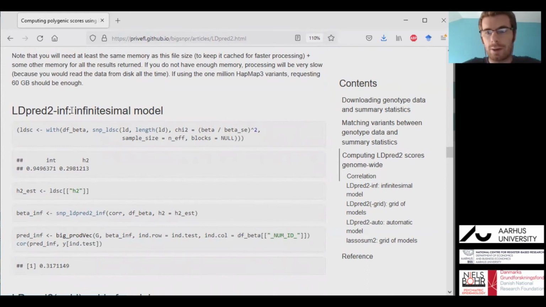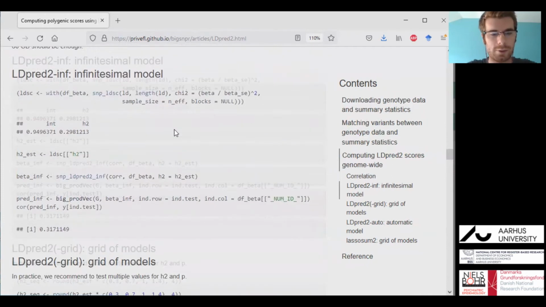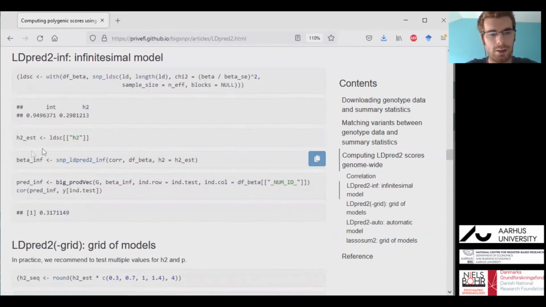And then we can run many models. So first, the infinitesimal model, which is just a model assuming that all the variants are causal, and actually there is an analytical formula for that. So it's just a matter of solving a linear system, so it should be quite fast. So you get the effect size, then you can get the prediction by just a product with the genotype matrix, and then look at the correlation between the prediction and the actual phenotype in the test set, and we get like